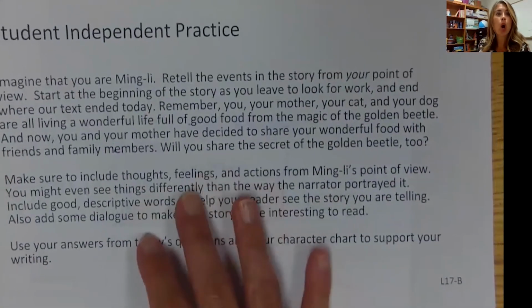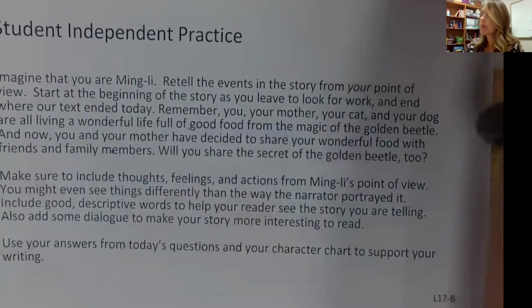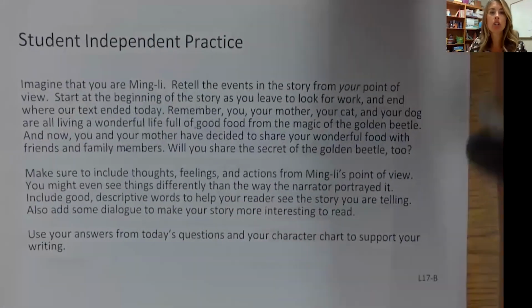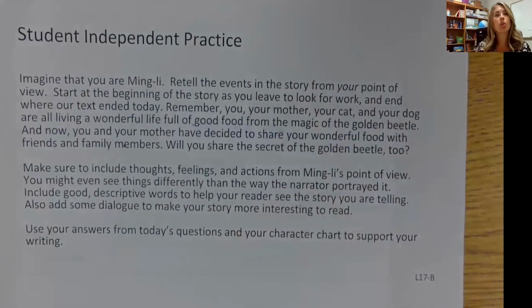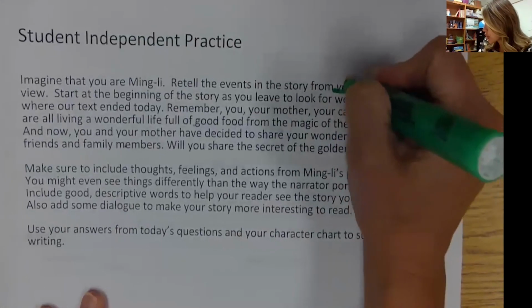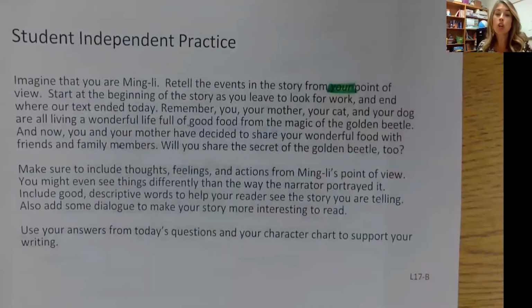Imagine you are Ming Li. Let me zoom out so you can see it. Here's your independent practice. Imagine you are Ming Li. Retell the events in the story from your point of view. Oh, wow. That's interesting because now you're not going to be the author. You're going to be who? Ming Li. Start at the beginning of the story as you leave to look for work